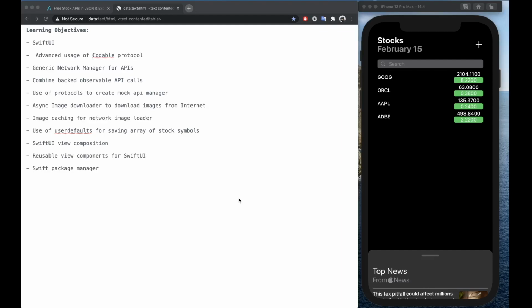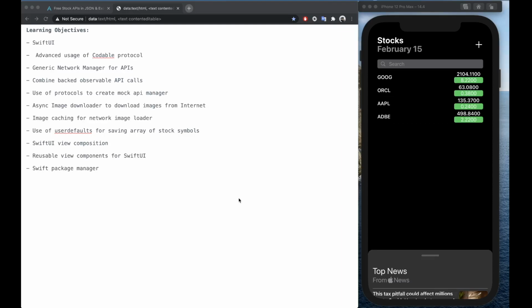In this course, we're going to be looking at how you can define your own coding keys for the use case when your keys themselves do not follow a standard. So you're going to see how Alpha Vantage has a little bit out of the ordinary, non-standard JSON response, and you're going to learn how to handle those cases.